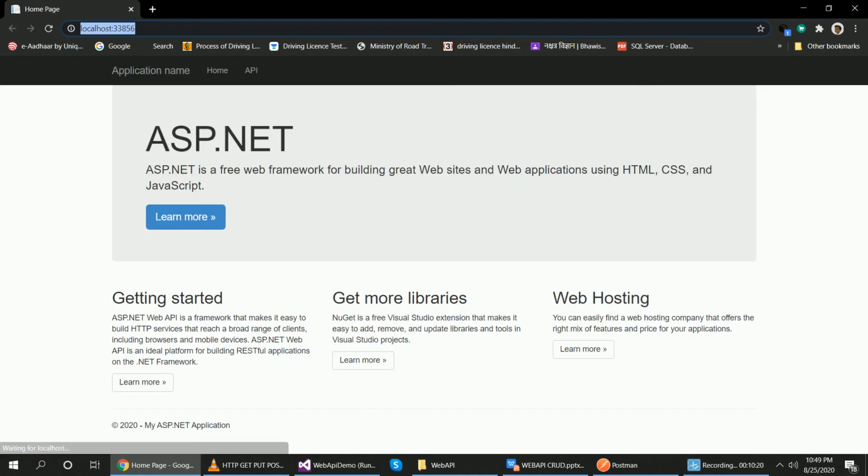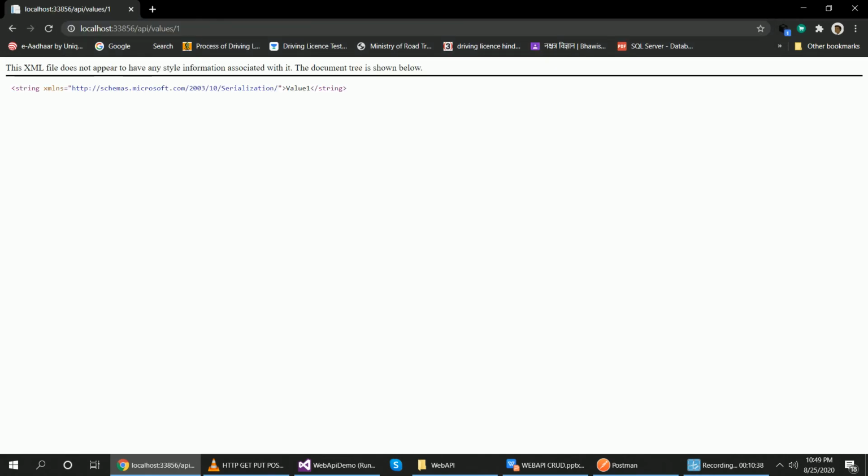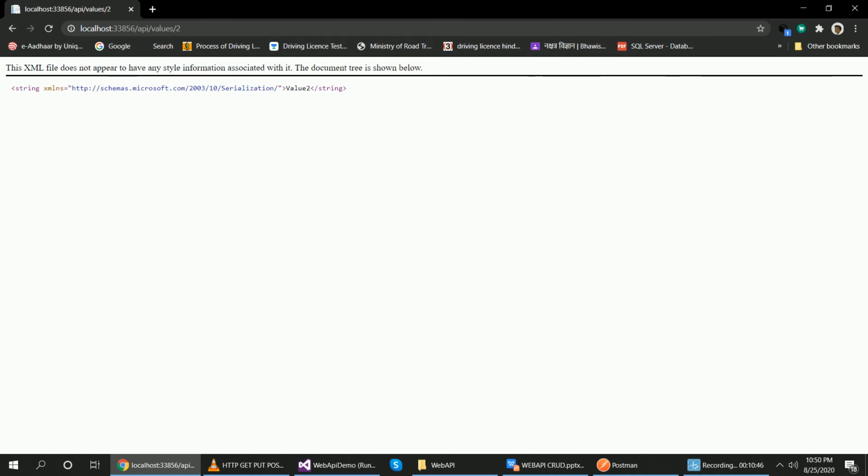I have run my application once again and check here whether it works in the browser or not. So API values for single data value 1 and for second value 2. It works here but not there.